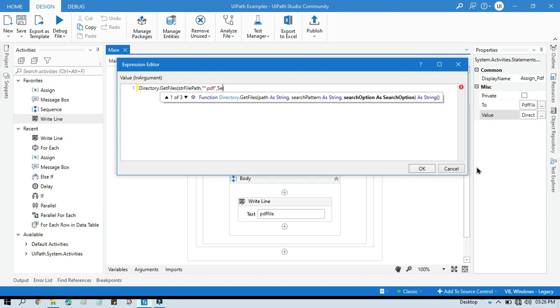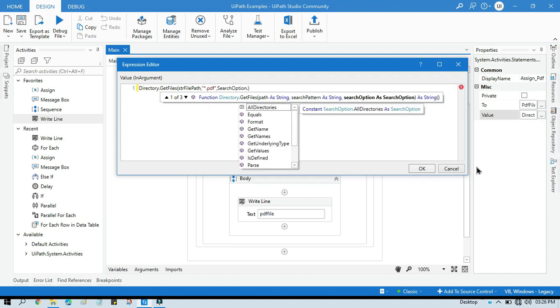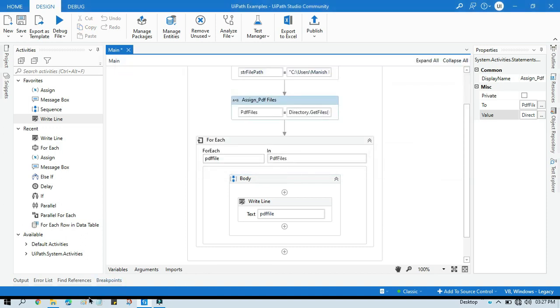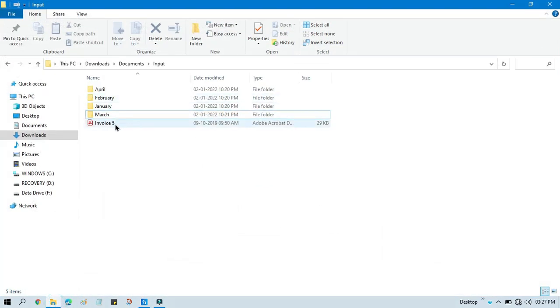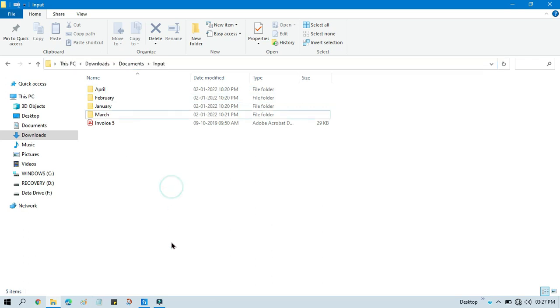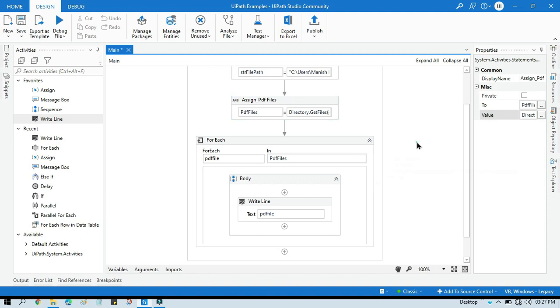So we'll write SearchOption dot, and here we have AllDirectories. SearchOption.AllDirectories means it will search all the directories. It will start searching for PDF files inside all the available subfolders, and then it will give you all the PDF files only.